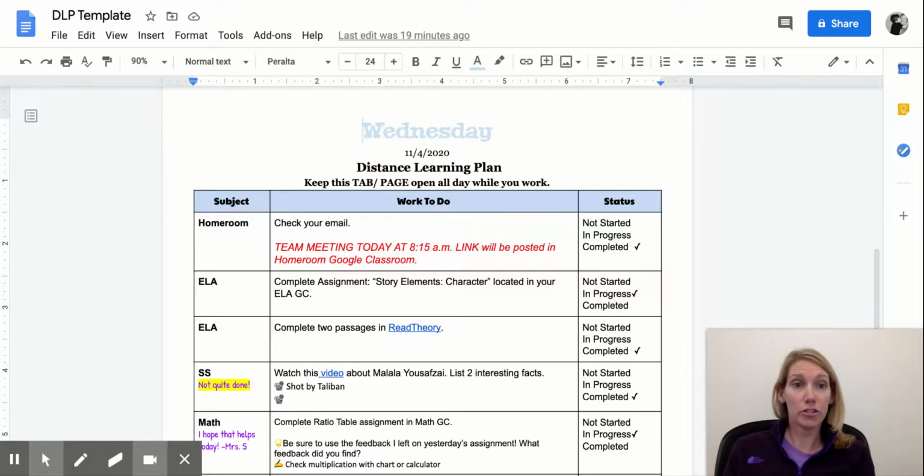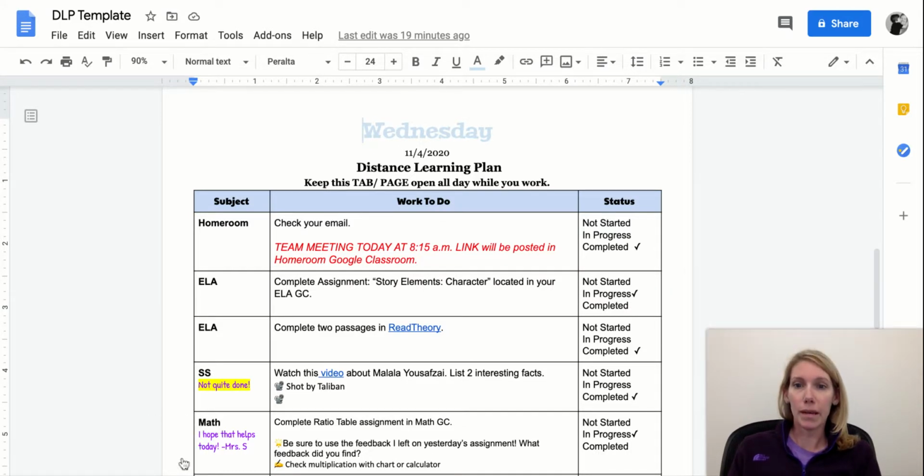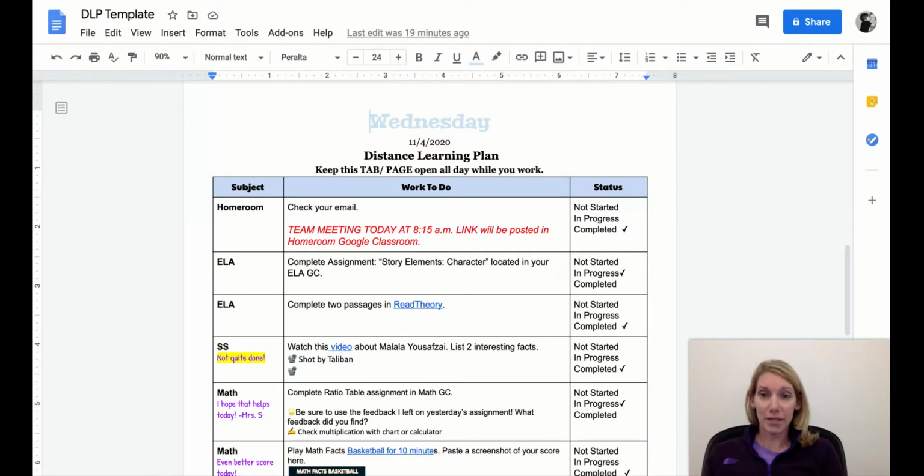So this is a great question that I've already gotten about this template, and I'm so glad that you asked. What do you do about learners that need something different? So